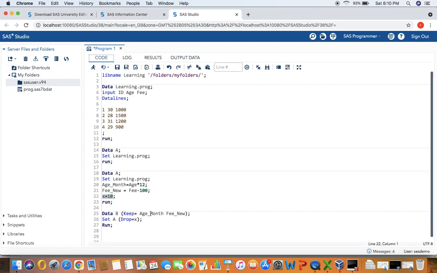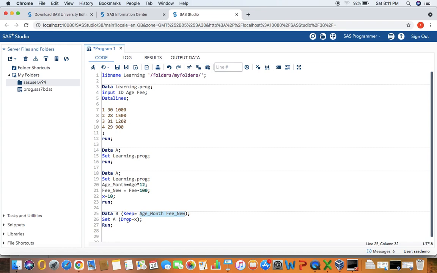Okay. Then we talked about keep and drop functionalities of SAS. Here I am creating a new dataset, that is B. Data B, I am just copying all the contents of A into B, and in B I am saying just keep the columns age underscore month and fee underscore new. That's it.